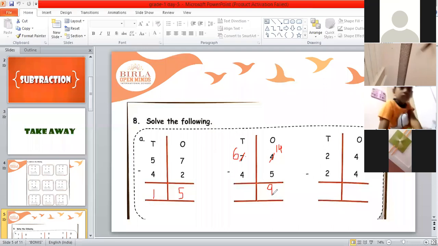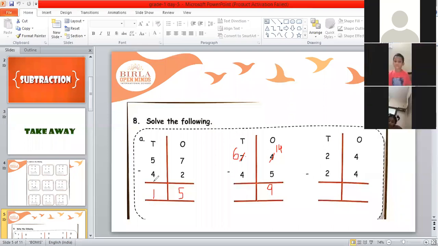So we'll write here 9 in ones place. Now in tens place the numbers are 6 and 4. So from 6 we have to take away 4 now. Right? Ashrita, ma'am, 6 minus 4, how much? Show me your 6 fingers. Now remove 4. How many are there now? Yes, now there are 2 fingers.